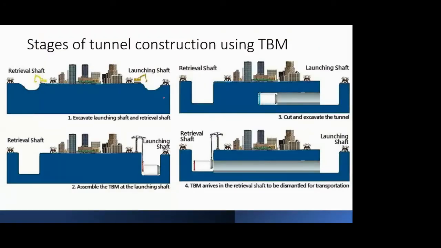So if I talk about the stages of tunnel construction, obviously you have to start somewhere. So where will you start? You start at a launching shaft. Now you have seen what a shaft is. A shaft is nothing but a vertical hole that you dig into the hill or whatever the area is. That shaft has multiple purposes. It can be used as a ventilation opening later on, and during construction it can be used to lower down your equipment, and you can start tunneling from that shaft also.